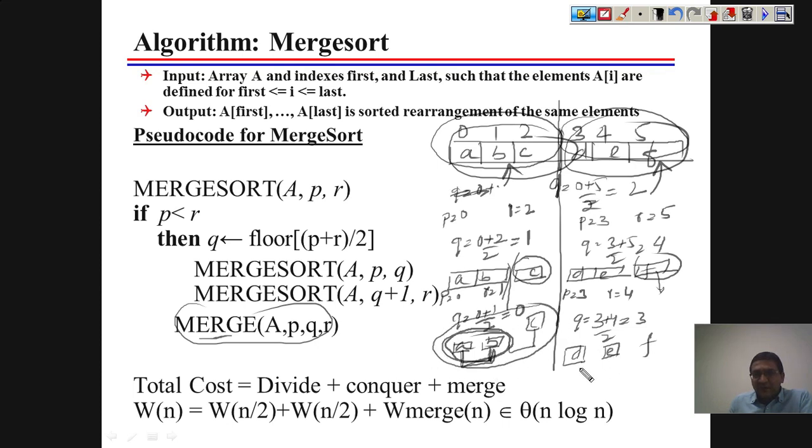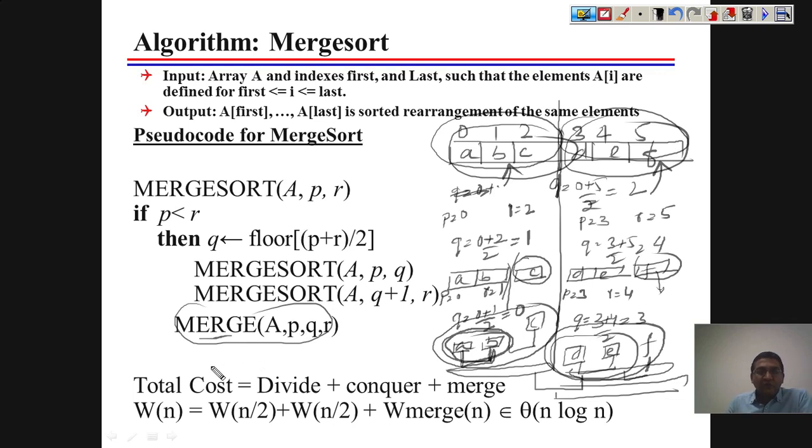Similarly, you will first sort these two pairs. When this is sorted, then you will combine and try with this, and you make this entire thing sorted. Now what you will get is that this part is sorted, this part is sorted, within itself, but as a whole they are not sorted. So again you have to merge together to make them sorted as a whole. This is how we are doing the merge procedure.